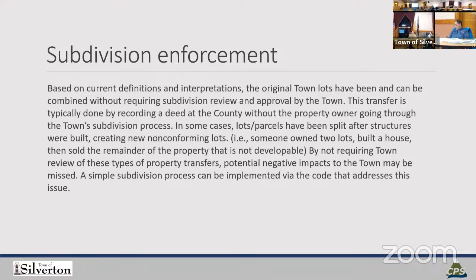We're going to run into issues where the structure has been there for a long time. If we say, okay, you can build on a 25-foot lot, and there's this 100-year-old house that has 5 lots, and they've built on 3 of them, and now they want to sell 2 of them, or it's 2 separate structures, then the town would never have been involved in the subdivision process because the house was built 100 years ago. And then we'll have to think about what that looks like.